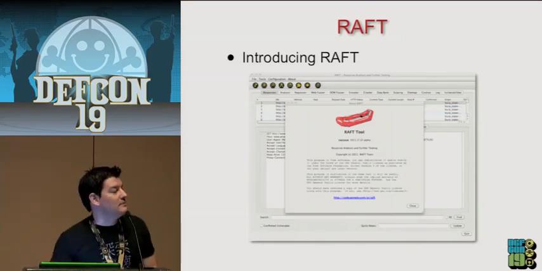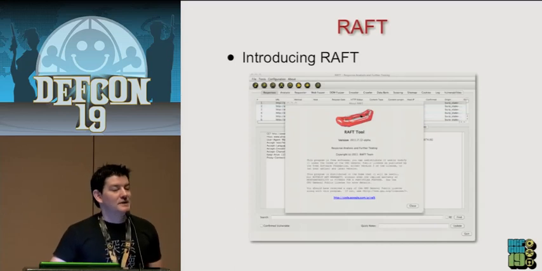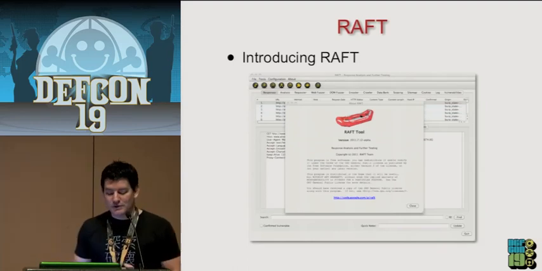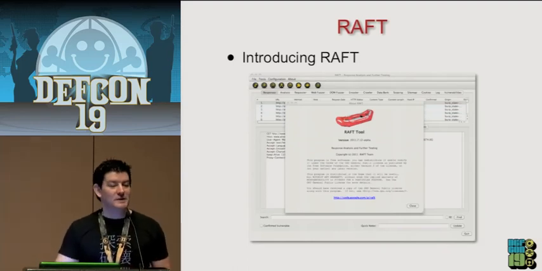So this tool was created because I was on an engagement and I had to write some custom scripts to test some functionality of a web application. And I got to thinking, there's this data I'm collecting and I'm looking for something specific. Quite simply, I wanted to be able to see the data syntax highlighted.